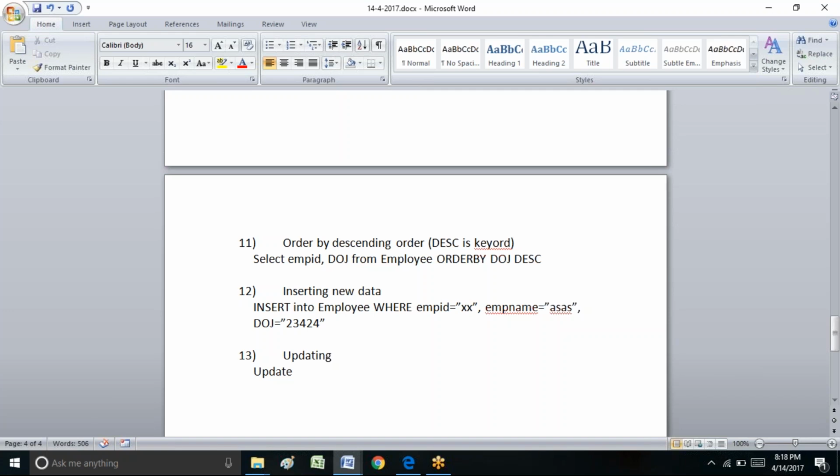There are multiple people with the name Sam, so I know his date of joining also. With these two details, I want to update his employee ID. So update employee ID from employee, where